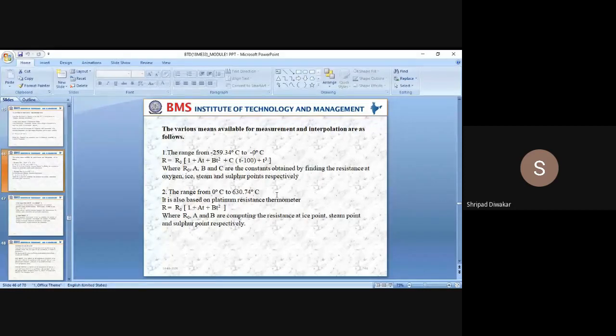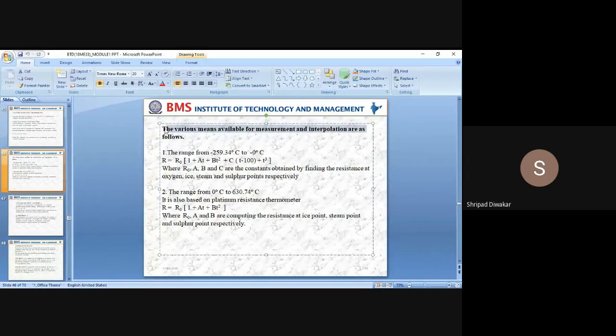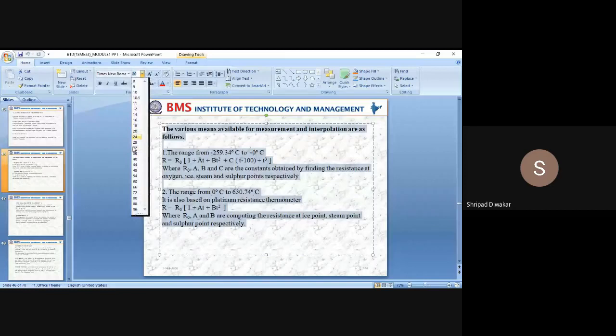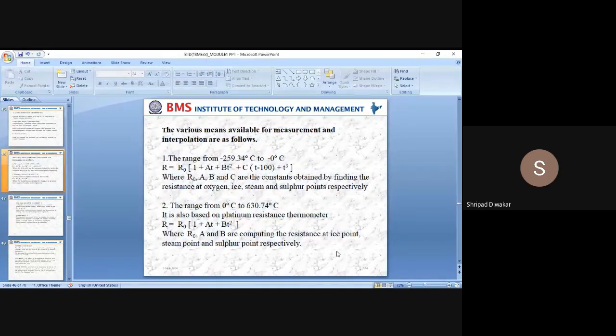Okay, already you know the ice point and steam point. Meantime, I'll discuss what is oxygen point and sulfur point. So we are going to discuss all these in the international temperature scale. Already we are aware of temperature scales like Celsius scale, Kelvin scale, etc. Like that, we have the international temperature scale. Based upon that, we have certain standard fixed points, and based upon those standard fixed points, we are going to measure the temperature of the given system.